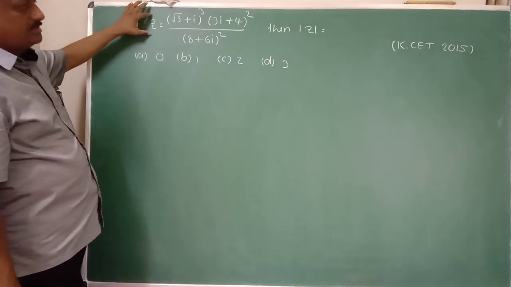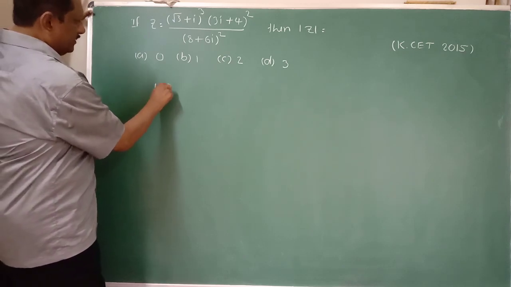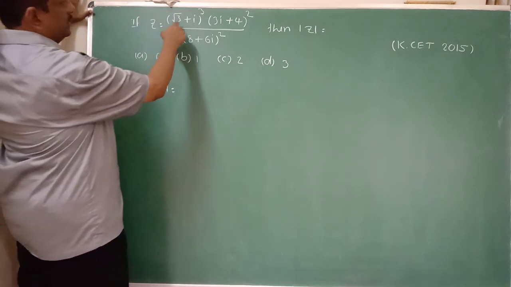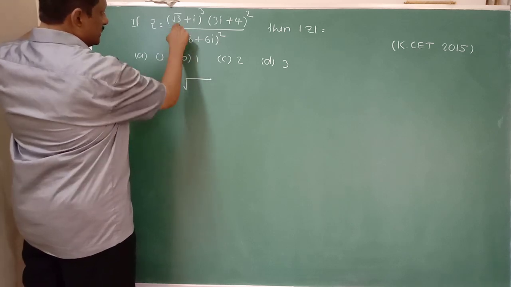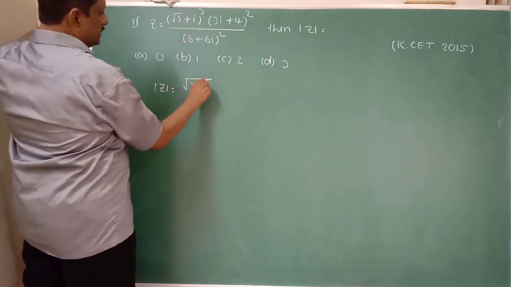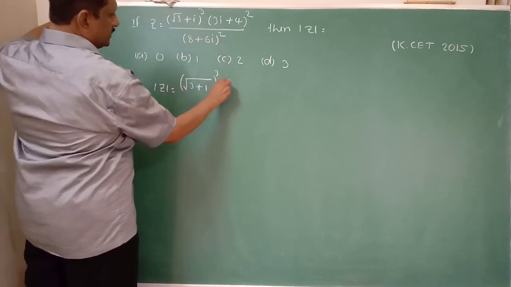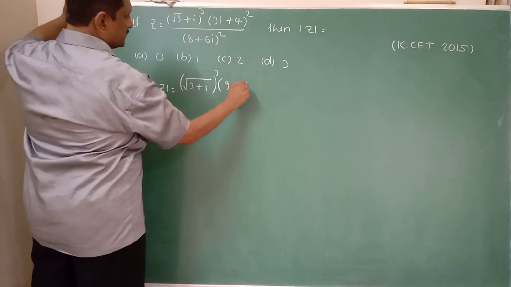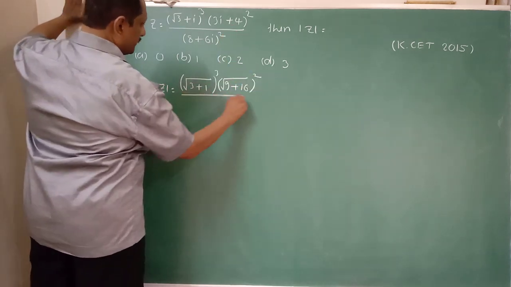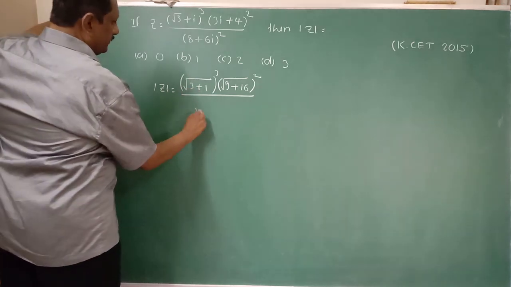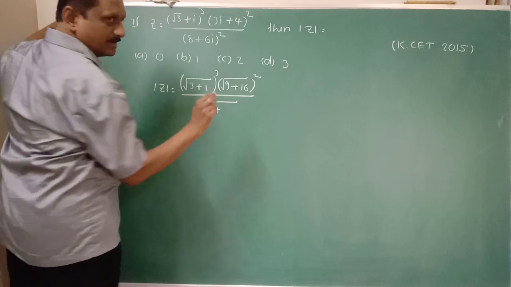Okay, here z is equal to this complex expression. Hence modulus of z here. Here we want its modulus. Hence modulus of this means root of 3² is 3 and 1² is 1, raised to 3. And 3² is 9 plus 4² is 16, root of this one is 4, divided by 8² is 64 plus 6² is 36 here.